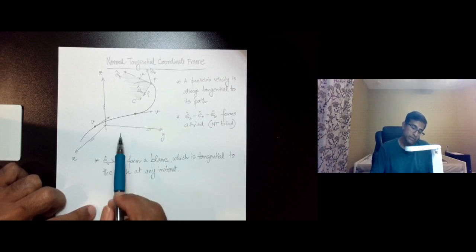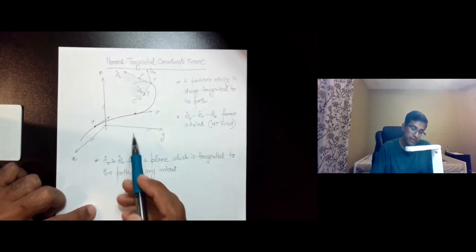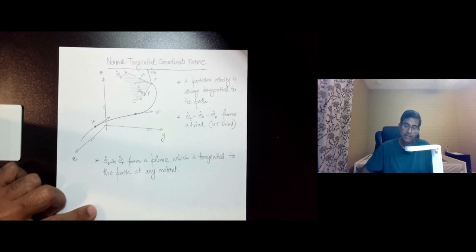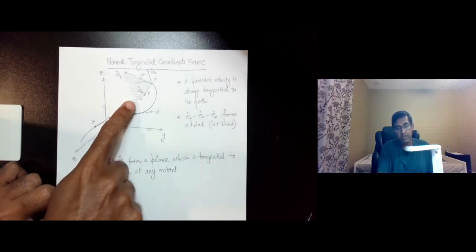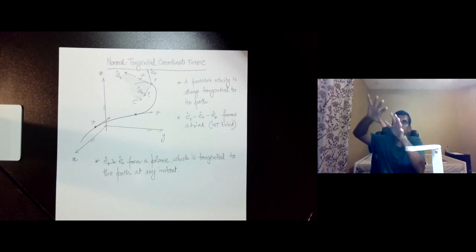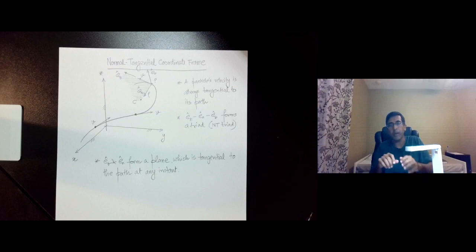So in other words, as the particle travels, since the curvature of the path is changing and the path is in three dimensions, and it can have curvatures in different directions, this plane can also change its orientation. It's not a plane that is fixed. As the path changes, the plane also changes, because the plane always remains tangential to the path, and the